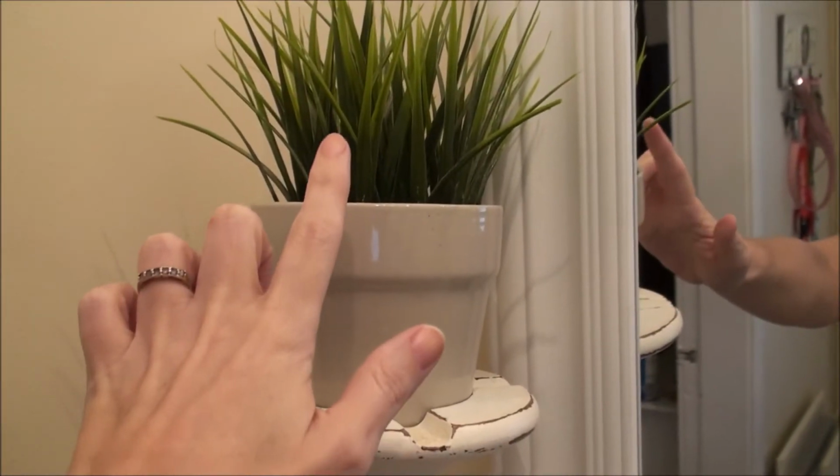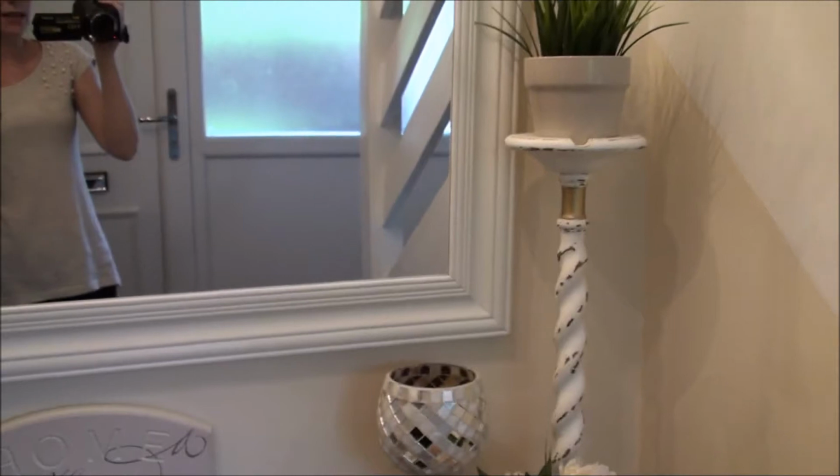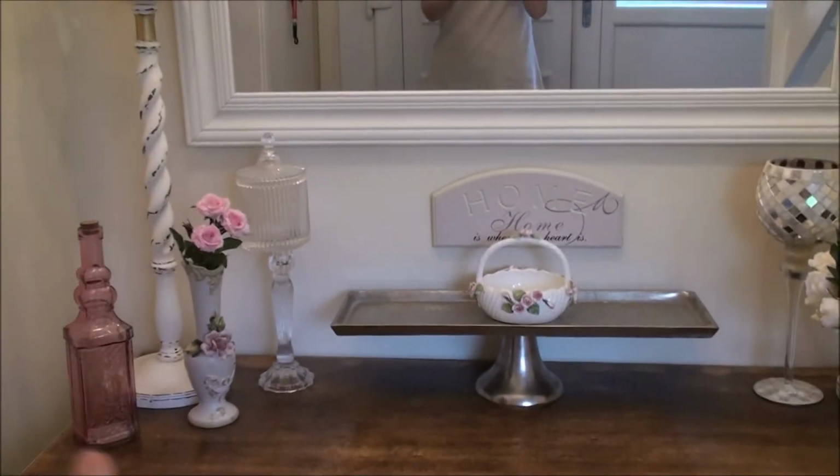Got the plant pots and the plant, it's just a fake plant. If I show you here, it looks pretty real, but it's just a fake plant that sits in there, and we picked them up from IKEA. I have one on that side, and if I come in here, I have one on that side as well, and it just kind of frames it. This bit here